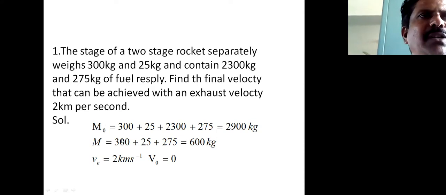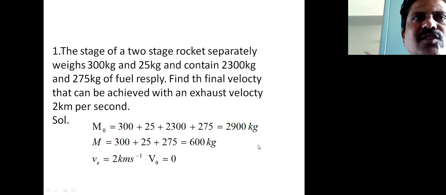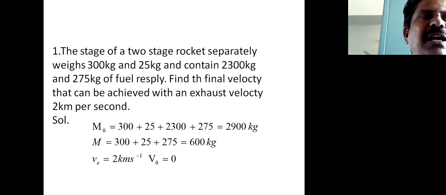So therefore, M naught is the initial mass of the rocket. M naught equals 300 plus 25 plus 2300 plus 275. So the total initial mass of the rocket equals 2900 kg. And capital M, the final mass of the rocket, equals